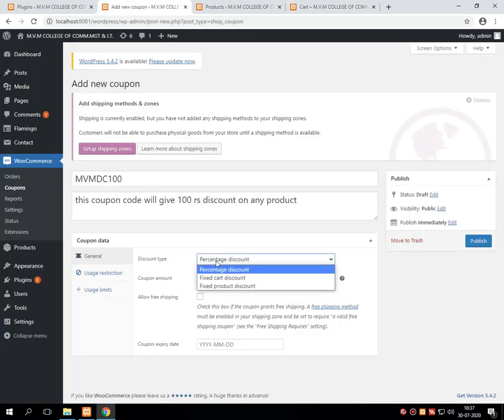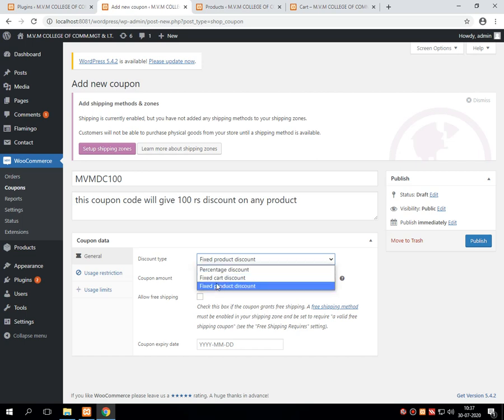Clear? Next is fixed cart discount. That means for any product it will give a minimum discount. Suppose I want to put a fixed product discount, then we have to go for this third option.